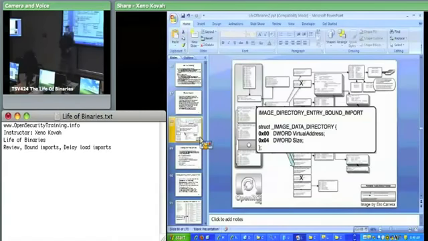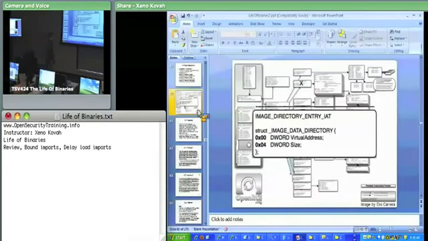Oh, actually, I skipped one thing. Just as a miscellaneous thing, there is a data directory entry which specifically is pointing at the base of the import address table. So if you want to go directly to the import address table and see what's there, you can always just go to this entry, this image directory entry IAT, which will be index whatever it is, looks like about 13 to me. So it's some index in the data directory, and that'll give you the RVA of the very start of the